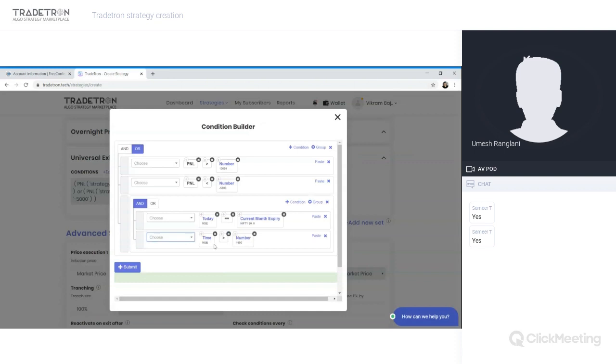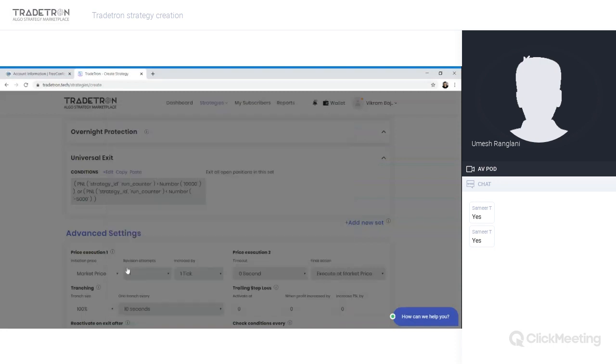3. So basically time returns current time value in HHMM format. So after 3 p.m. it will return a number like 1501. So when that number is greater than 1500, it will exit. So what I'm basically doing here is I'm putting in exit condition if today's expiry month expiry day, but time is also greater than 3, then only it should exit. And this whole condition I am doing an OR with my PNL condition. So if any of these 3 is true, it will exit all the positions from the strategy.